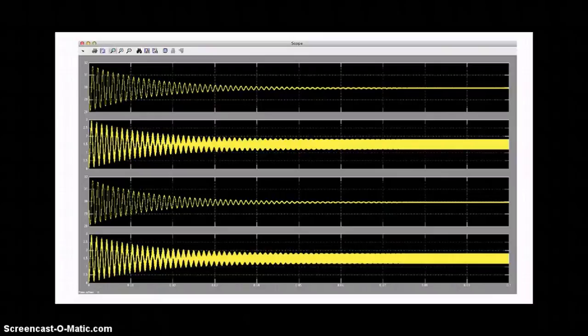Thus we are getting a boost of 18 volts, and the load current IL is settling between 2 and 1, and IG is also settling between 2 and 1. So we can see that the voltage boost is around 18 volts, and this is how the DC to DC boost converter circuit